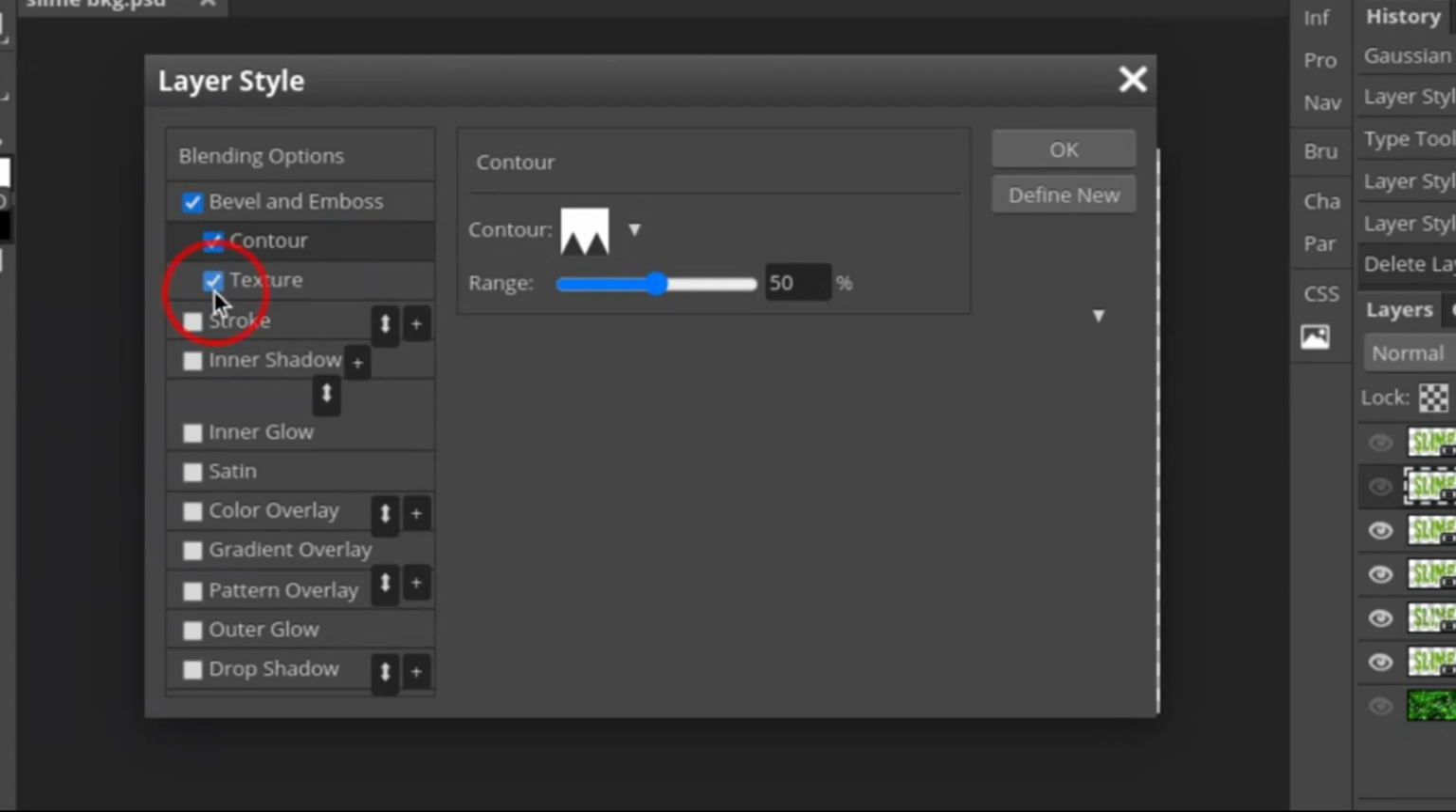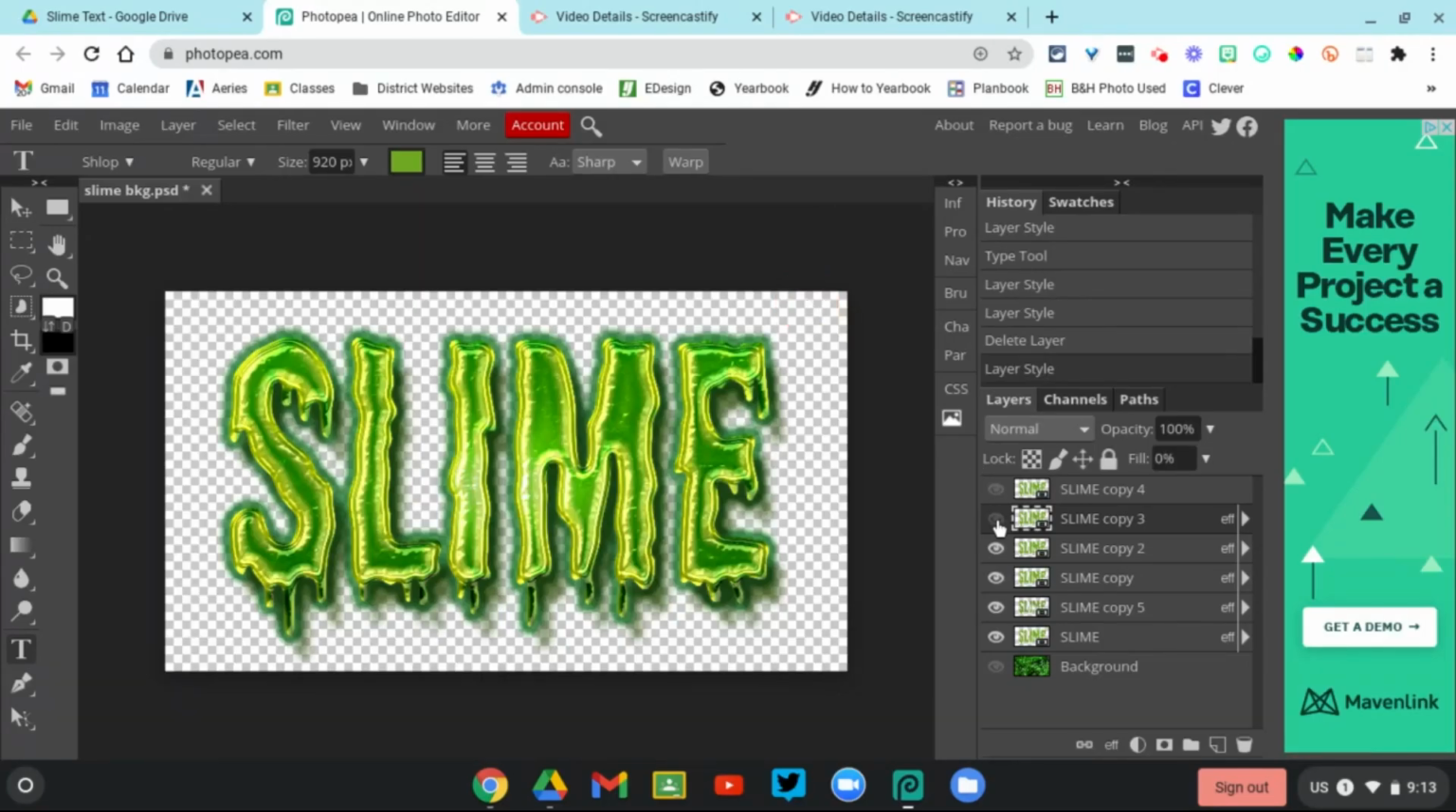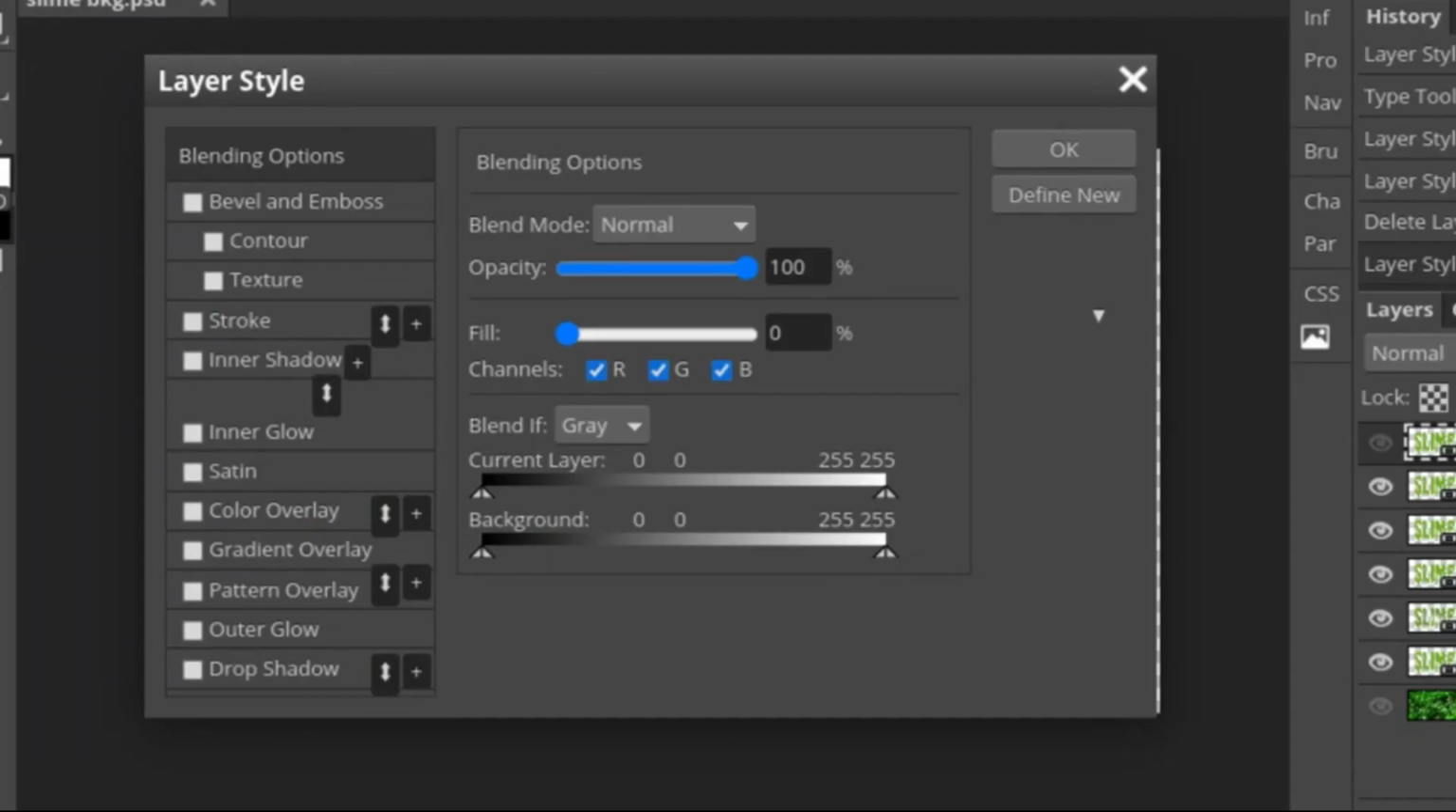We're going to uncheck the texture box, however. That's all we're doing to this layer, just the bevel and emboss and the contour. And we're going to click OK. Now I forgot to make it visible before, so I'm going to make it visible now. Okay, and we're going to go to copy 4, turn it on, double click it,